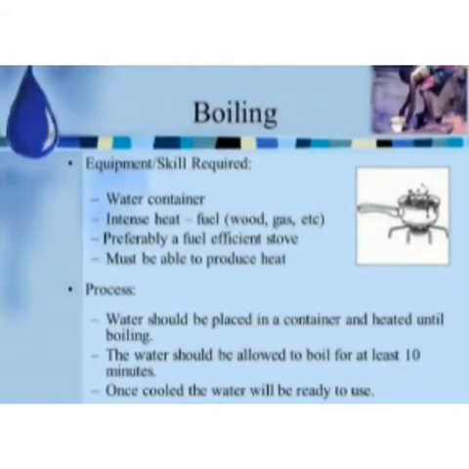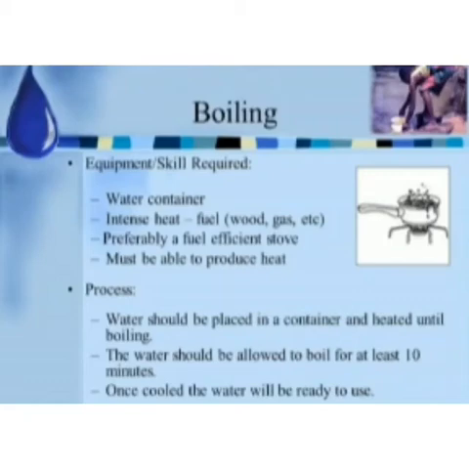So first we will discuss boiling. This is the simplest method, in fact. For this we need simple equipment. This method we can do at home also.